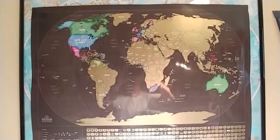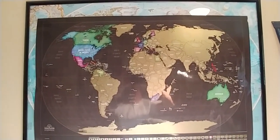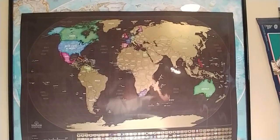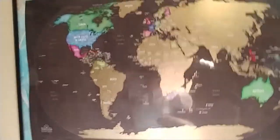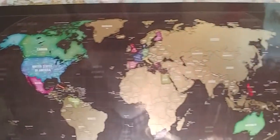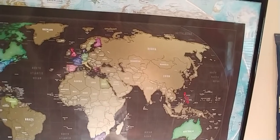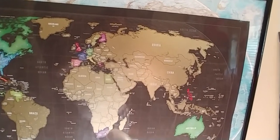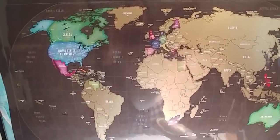And for those who have seen my last one, this is my scratch map, which as I collect, I will scratch off and highlight the countries from which I have collected my coins. So you can obviously see, for as many coins as I have, I've hardly even made a dent. Obviously, there's a couple countries in here I haven't scratched off because I still want to get a couple more before I